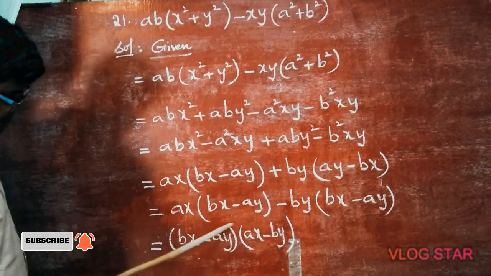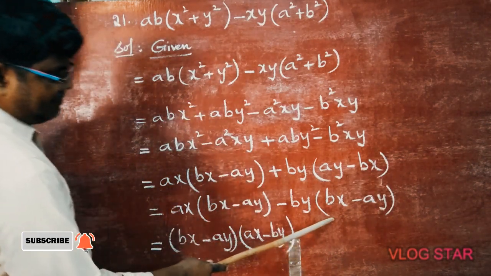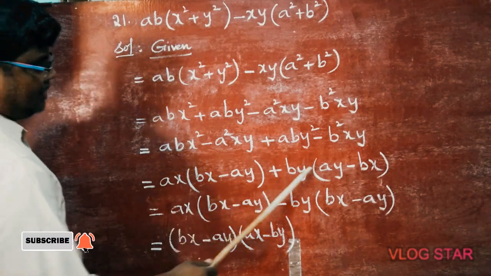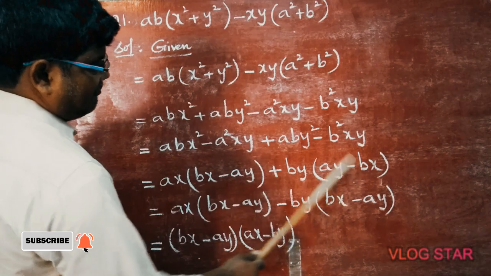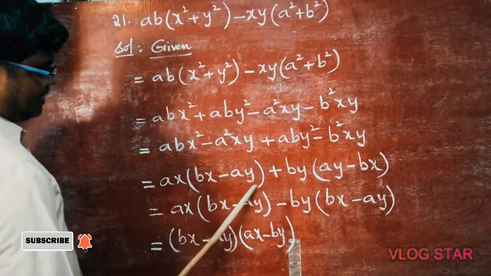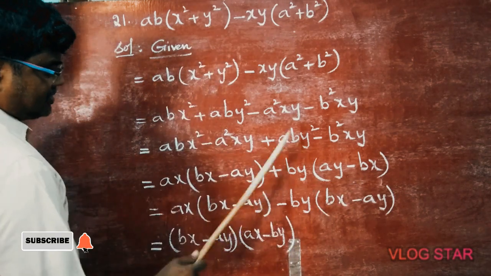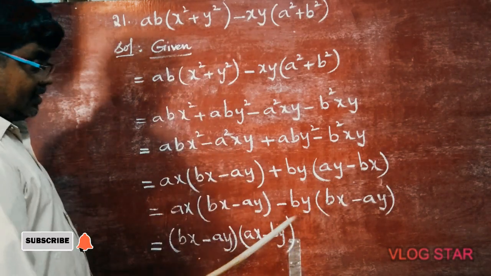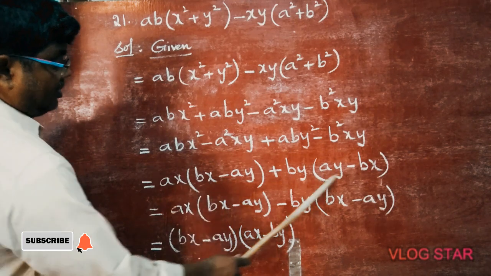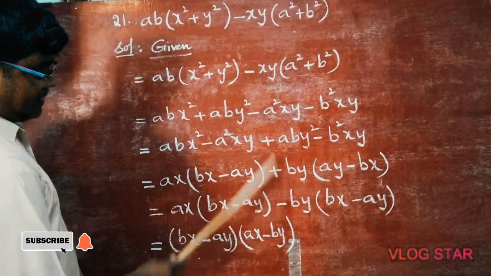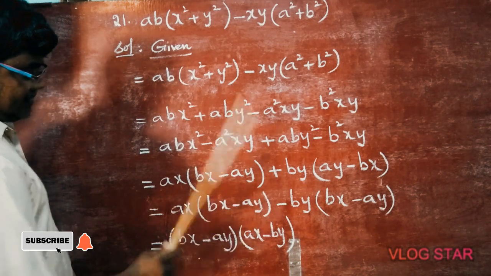Now what is in the first bracket should come as it is in the second bracket. 2 minus 1 will never be equal to 1 minus 2. They are equal only when 2 minus 1 is matched with minus of 1 minus 2, which means it will be on the opposite side. So be careful. Whenever you see it like this, quite opposite, the sign changes.